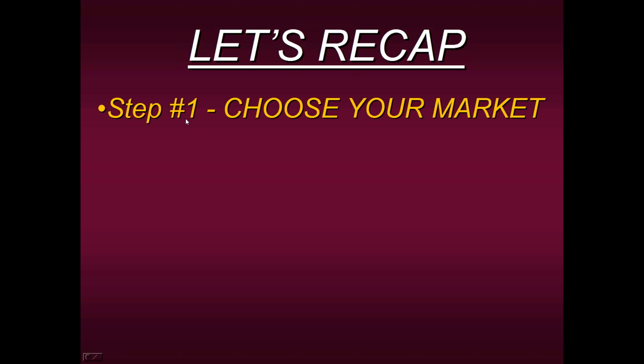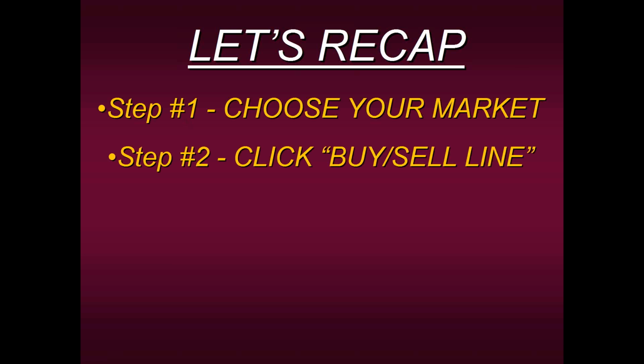So let's recap before we go to questions. Remember, this is a 4-step process. The first step is to choose your market. Obviously, not everyone trades stocks. The good news is this can be applied, as we just showed you, to E-mini S&P trading, to currency pair trading. You can even apply it to commodities. In fact, you can apply it to the Bitcoin. It makes no difference what market you're trading.